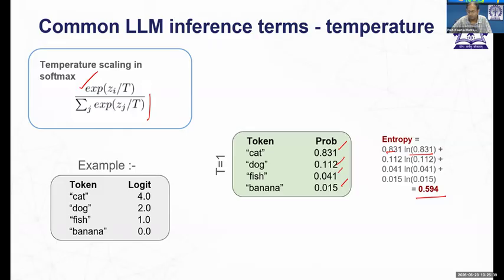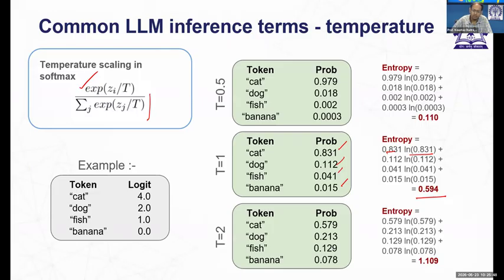Now the question comes: if we increase this temperature and if we decrease this temperature, what is going to happen to the entropy? So let's first see what happens if we reduce the temperature. Suppose I am reducing it to 0.5 instead of 1. In that case, what is the probability? You are giving more weightage to the cat. Obviously, the other probabilities are getting less weight. And what is the entropy? You can see the entropy goes down compared to this